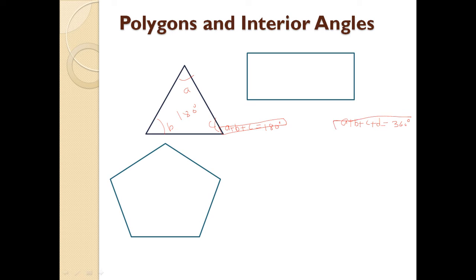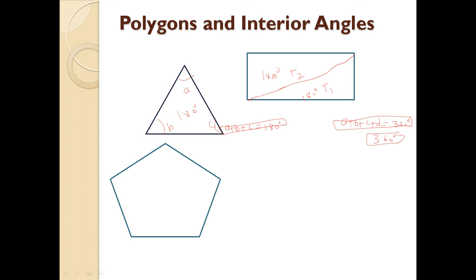Why is this equal to 360? Because we can convert this quadrilateral into two triangles. This is triangle 1 and this is triangle 2. As we discussed earlier, the sum of all interior angles of a triangle is 180 degrees. So this is 180 degrees and this is 180 degrees. The quadrilateral is made of two triangles, so the sum of all the interior angles of a quadrilateral will be 360 degrees. This is very basic, everyone knows it.